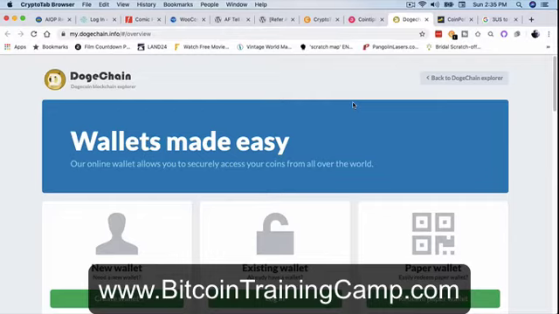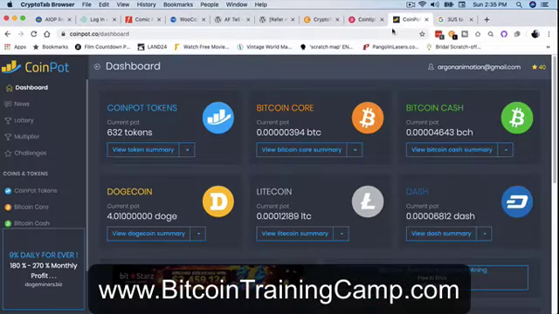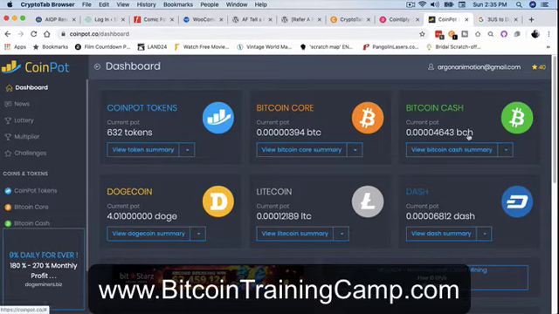So let me just close this window and we'll go over to Coinpot, where if you remember, you do have a Doge wallet already. As you can see, I've been earning small bits of coins, altcoins and Bitcoin. Down here on the left hand side is my Doge Coin wallet, and I've currently got 4 Doge. So if you come to the little drop down box just beneath the Doge Coin window and click on that,